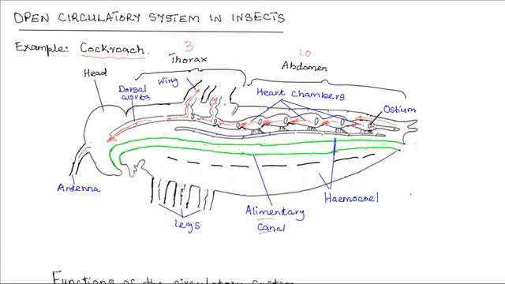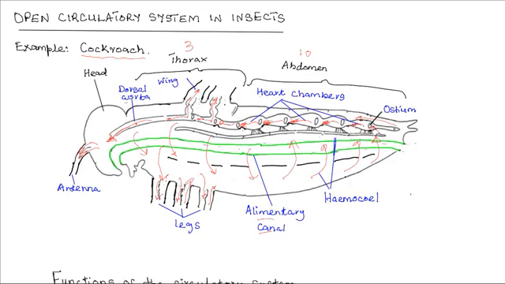So blood circulates through the open circulatory system, most of it coming out through the dorsal aorta and into the body cavity. The blood circulates through the legs, into the legs and out, and eventually the blood returns to the tubular heart and enters